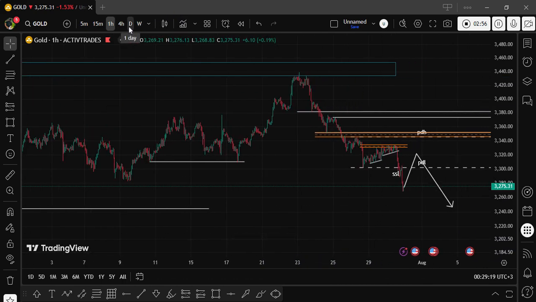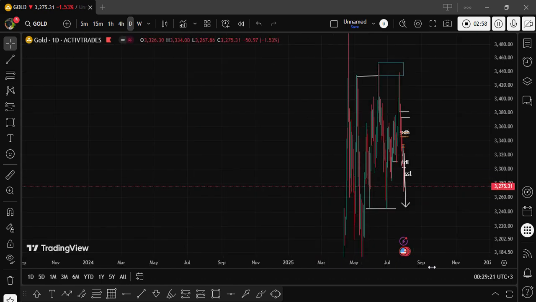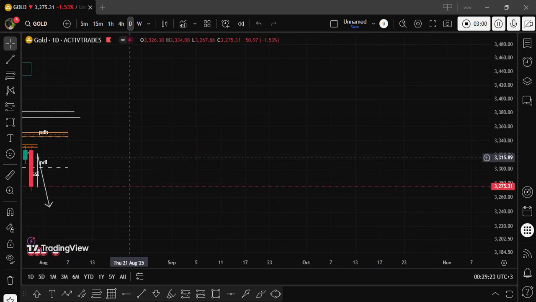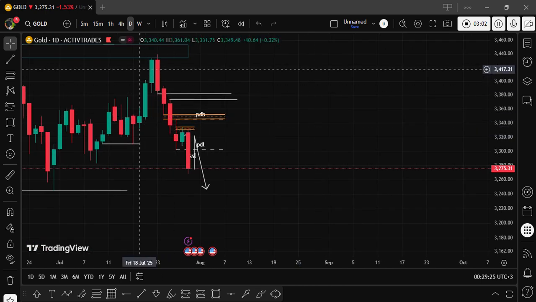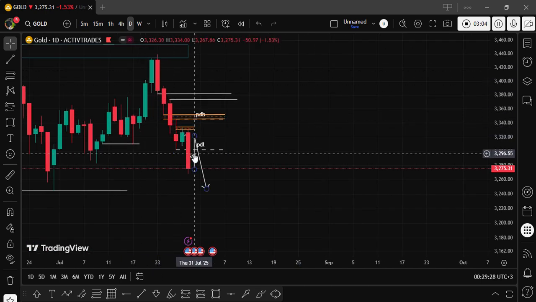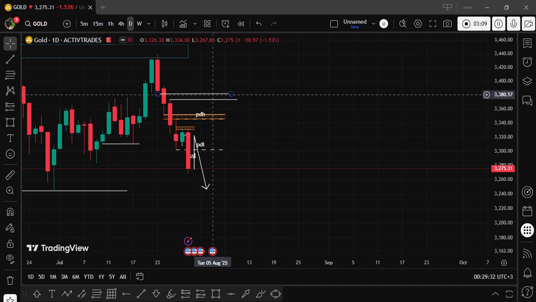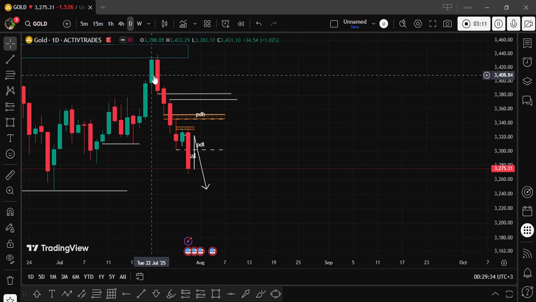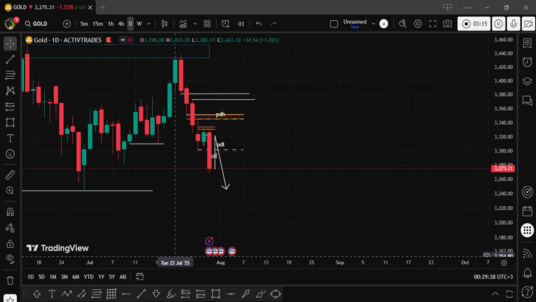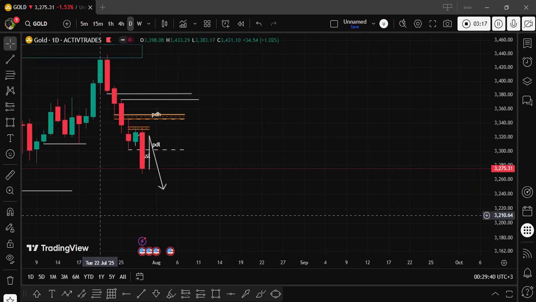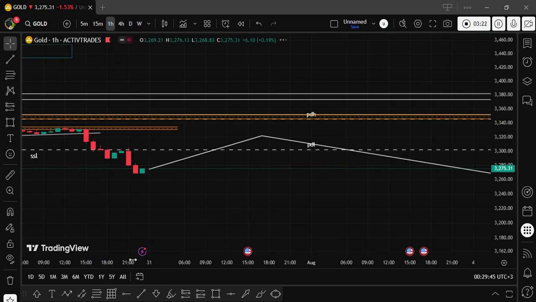Reason being, if you look at the daily time frame, price on the previous days has been closing below each other, you understand? But that doesn't refuse it to pull back up to this fair value gap, or even this fair value gap, or this order block right here. So anything is possible with price. So if you look at the 1 hour still,